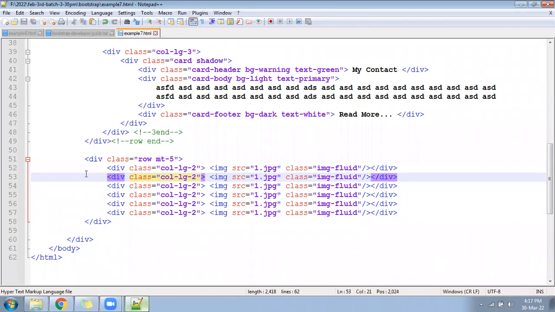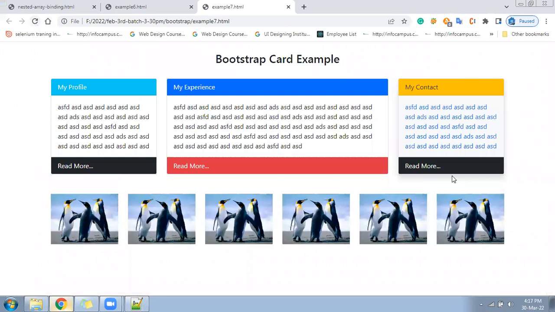Check now. A space will get applied. This way, design it.